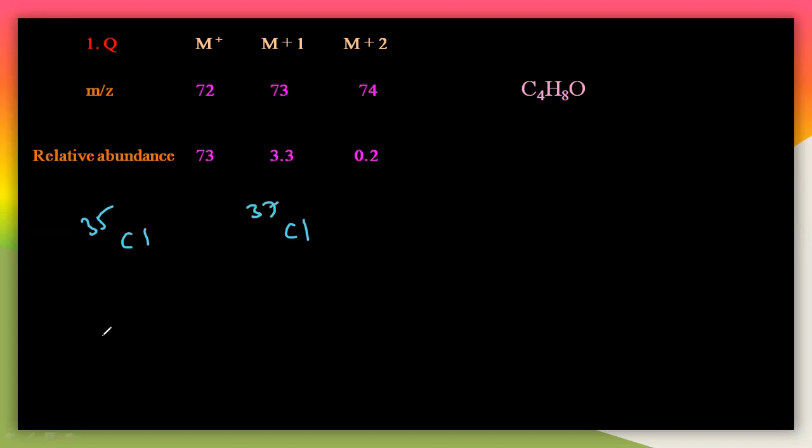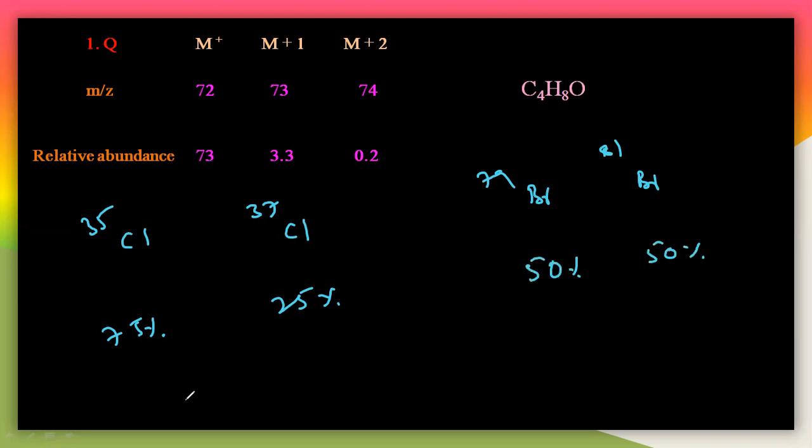For chlorine-35 and chlorine-37, in nature generally 75% and 25% are available. If you take bromine-79 and bromine-81, in nature they are available as 50% and 50%. So the ratio in the spectrum for chlorine is 3:1, see here 75 and 25, so you will get the isotopic peaks in a 3:1 ratio. But for bromine you will get 50-50, so a 1:1 ratio. So those are the two cases.